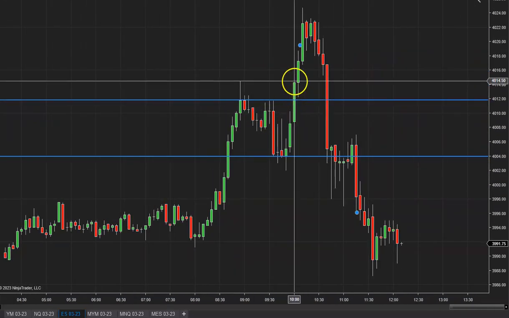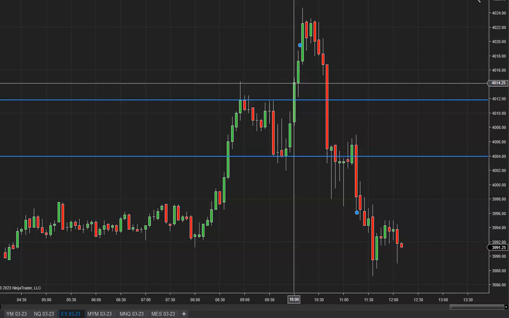And at 10 o'clock this morning, it was at 40.14, so up about 38 points or so on the S&P. So that has the potential of an S&P long for the ride up trade. But that time frame of 10 to 10:10 can also be, and in this case, the high of the day,